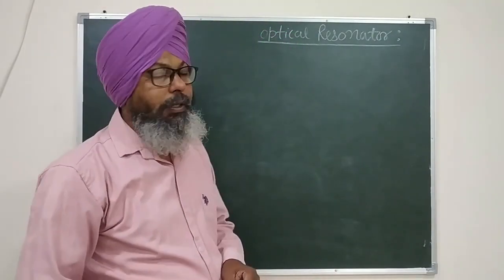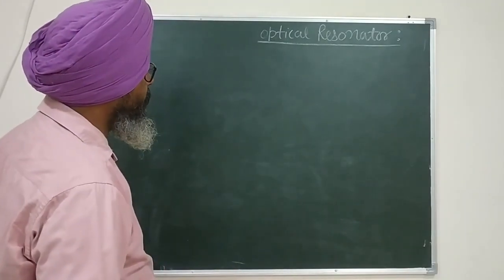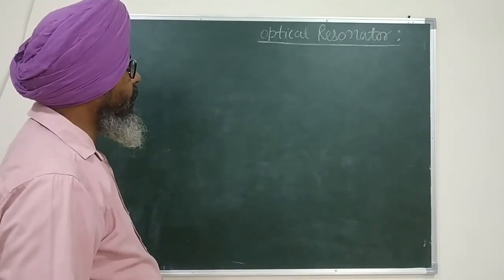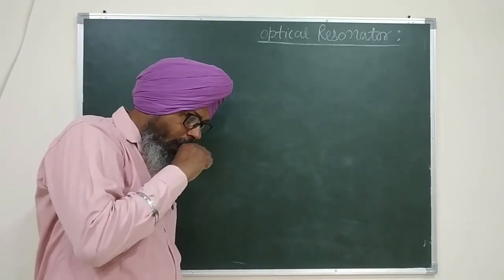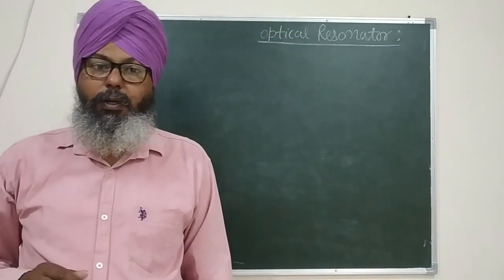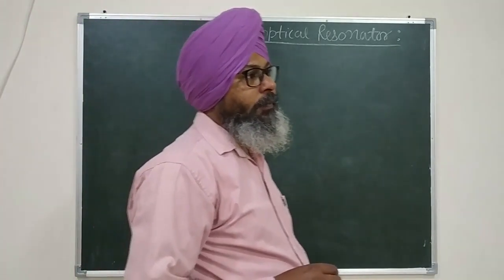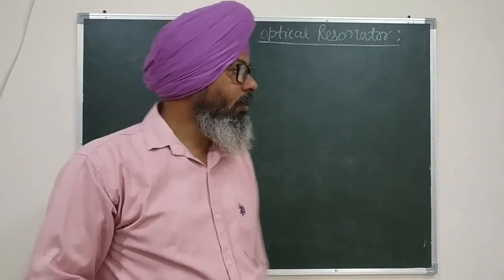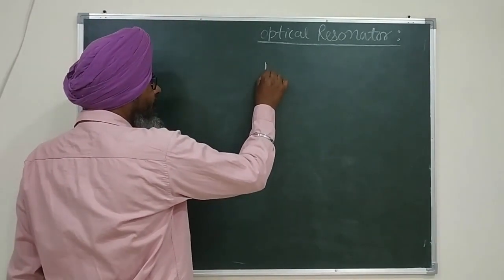The definition of the optical resonator is very simple. It contains two mirrors. These mirrors can be plane or concave. These cannot be convex, as you will see during the working of the optical resonator. For illustration purposes, I will take both of the mirrors to be plane mirrors, because my target audience in this lecture will again be restricted to the students of engineering colleges rather than pure science students. So I will take these mirrors to be plane mirrors.